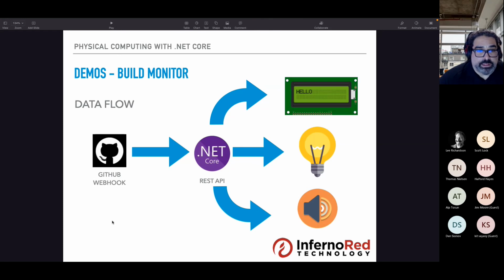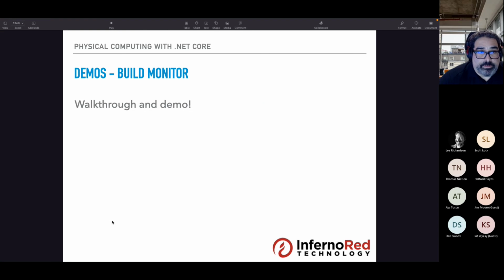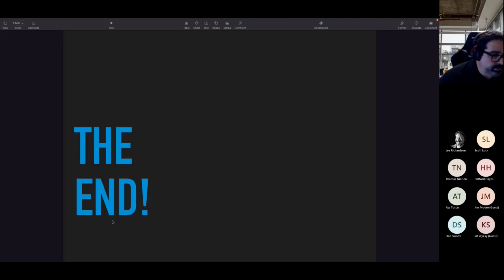There is no man in the middle in this flow, and I mean that in a good way, not in the hacky way. Just because I didn't want to involve any cloud mechanisms in the transmission of data from the webhook all the way down to the device. But that's one of the things that can benefit you if you're using a language such as .NET Core, which is .NET, sorry, C#, and the SDKs that come with it. Now, I believe that's it. Yep, the end.